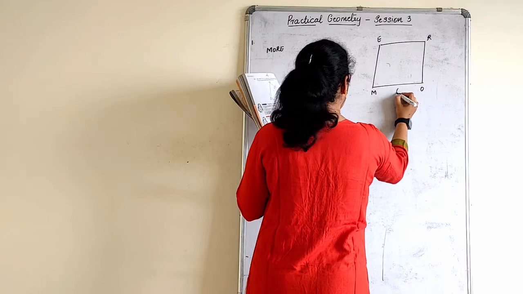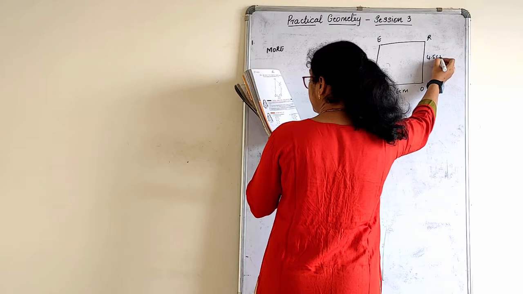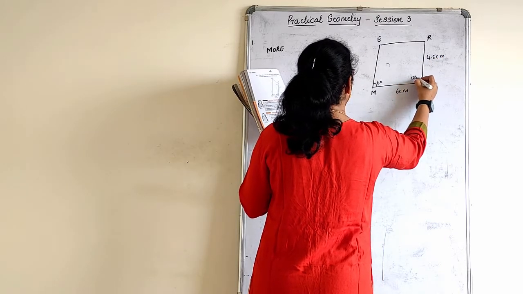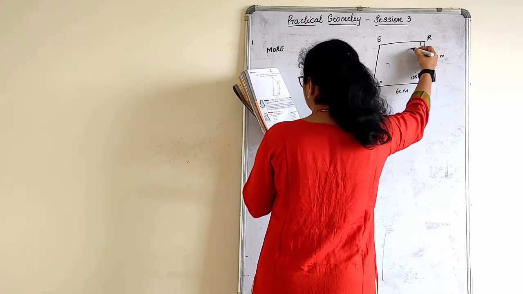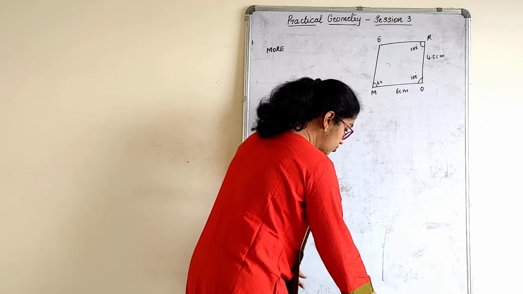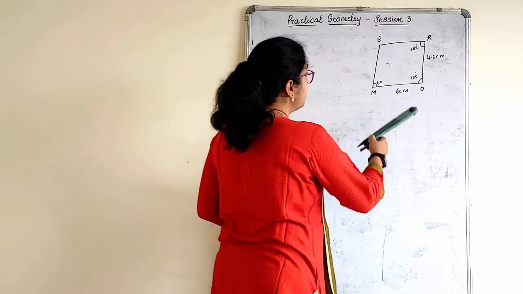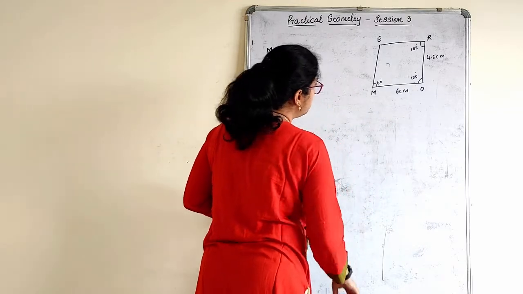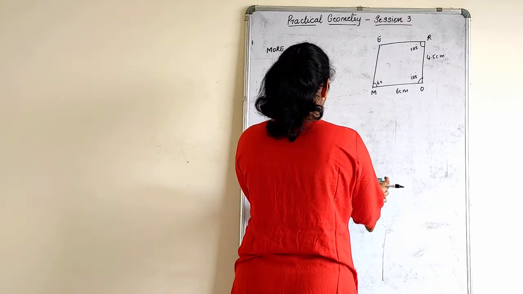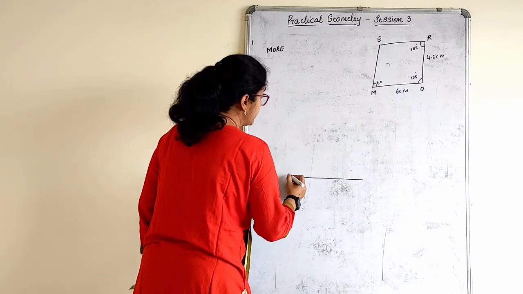MORE, where MO is 6 centimeter, OR is 4.5 centimeter, angle M is 60 degree, angle O is 105 degree, and angle R is also 105 degree. Now let's see how to construct this quadrilateral. So according to the given measurement, what is the base given? Base is given as 6 centimeter. So let us draw a base of 6 centimeter here. Mark this base as MO,